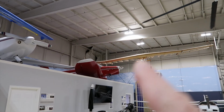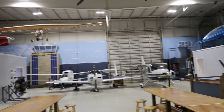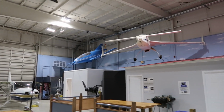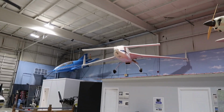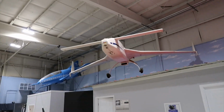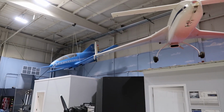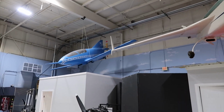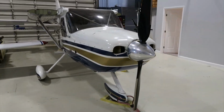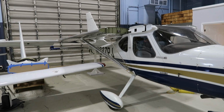And look at that, that's a homemade one. There's gonna be a lot of looking going on. So all kinds of configurations around here. Oh, and look at this. You can fold the wings up so you can get it in your garage